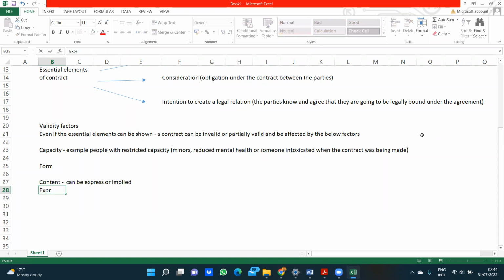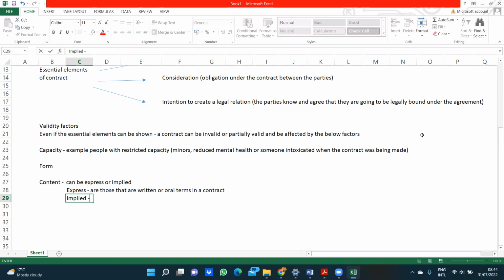Express means those terms that have been written, or oral terms in a contract. Implied